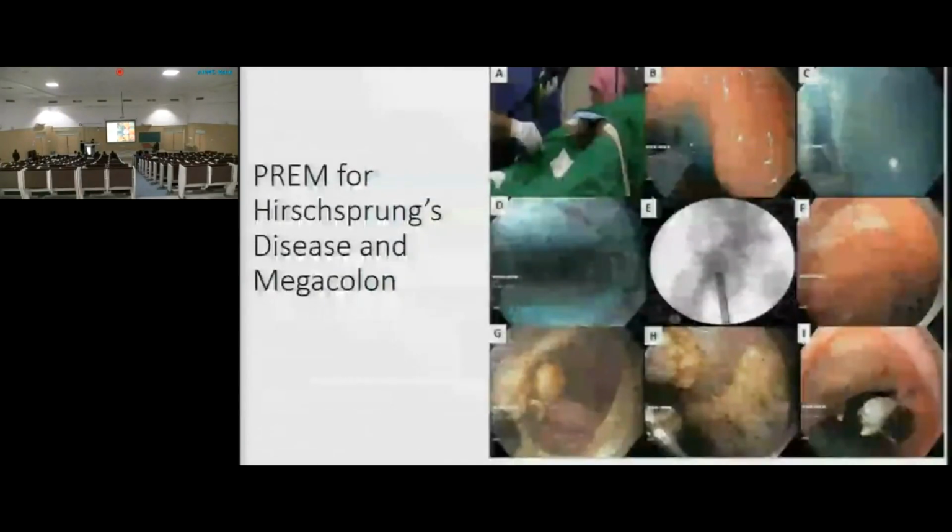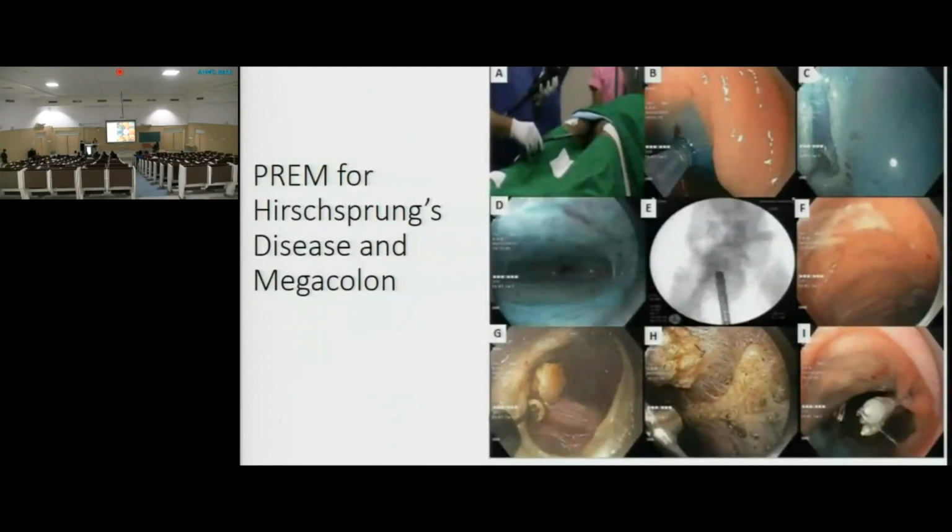So here is the muscle layer. You see, we cut the muscle and then close this defect. Because in Hirschsprung disease, what happens? The muscle becomes very spastic. So because of the spastic nature of the muscle, the patient has obstruction and cannot pass stools. So if you cut the muscle, then the spasticity goes, and usually the patients